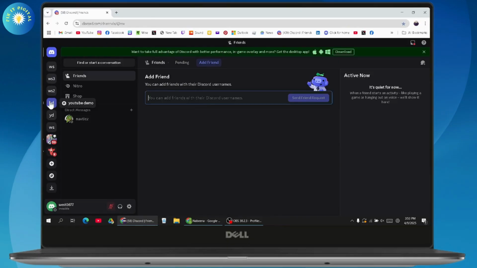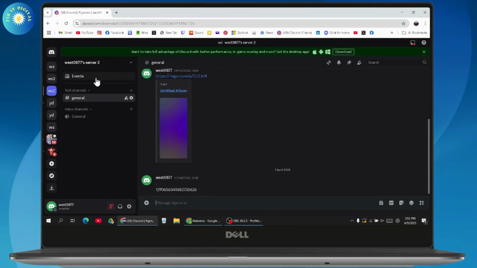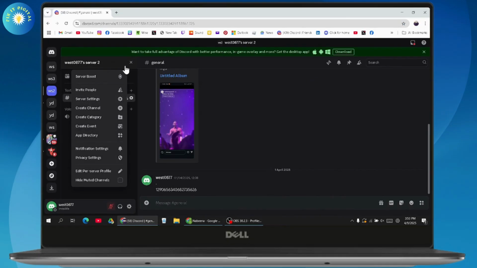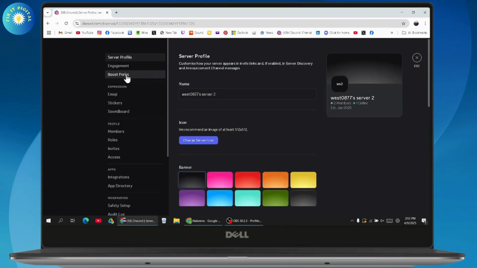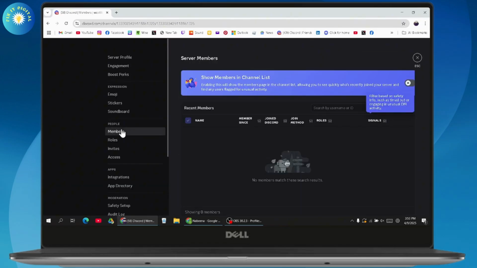Now once you're here, you need to go with a server, any server that you're comfortable with, and go with the drop down under the server and go with server settings. Under server settings, you will have the members option. Go with members, and here if you want to give someone the ownership, then you just need to simply select the member. So in my case, I don't have any members, but if you have members, then you just need to simply